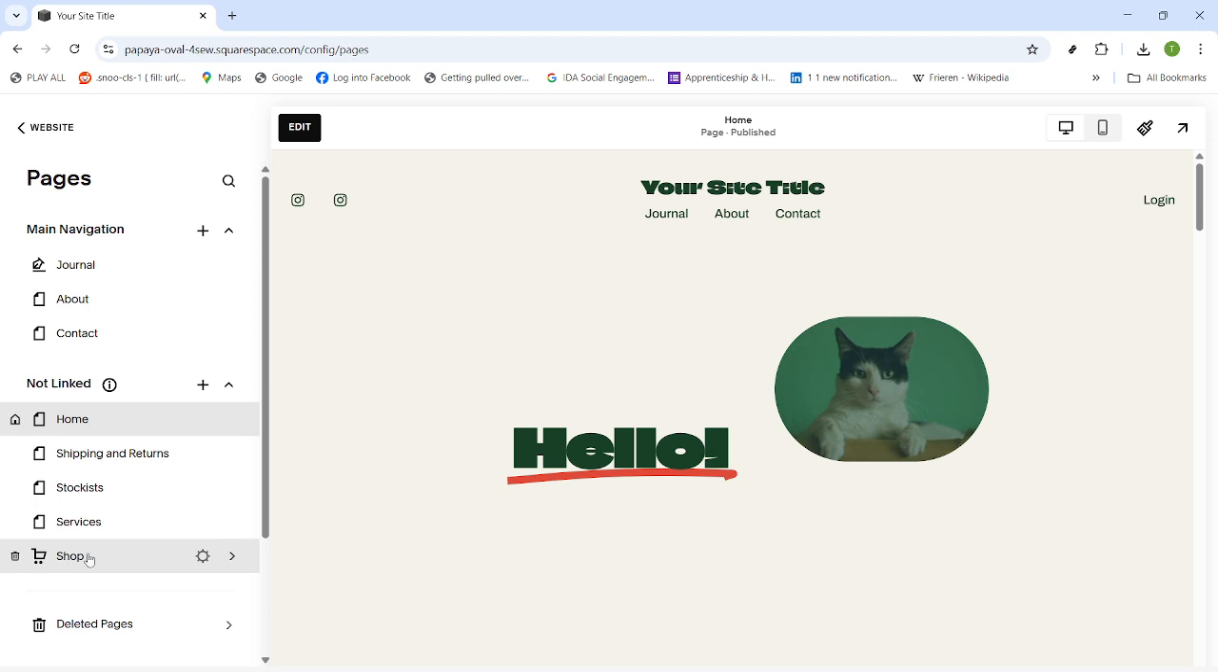And that's how you restore a deleted page in Squarespace 7.0. Remember to act sooner rather than later, since deleted items are only kept temporarily. With these steps, you can recover content